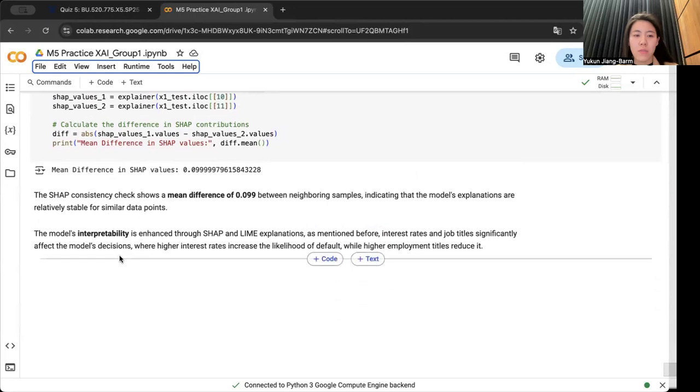Finally, the model's interpretability is enhanced through SHAP and LIME explanations. As we mentioned before, interest rates and job titles significantly affect the model's decision, where higher interest rates increase the likelihood of default, while higher employment